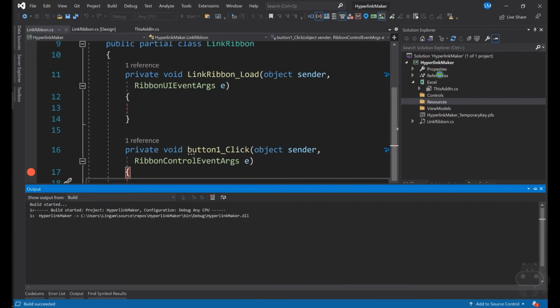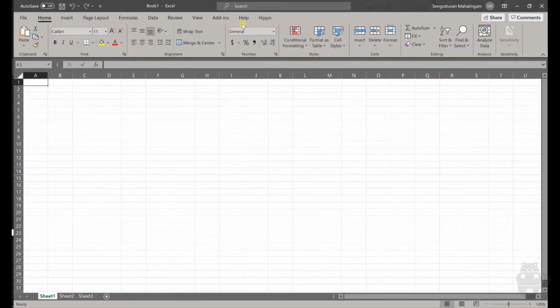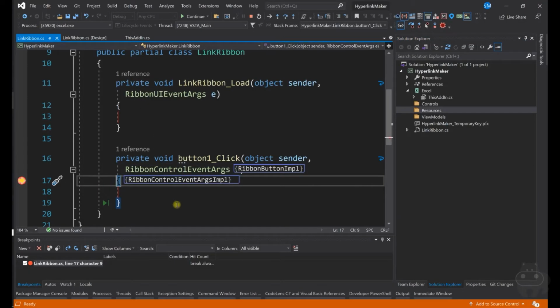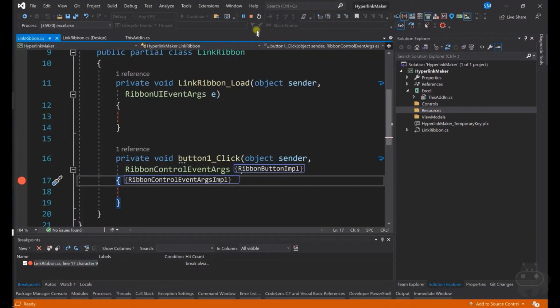Okay, now I'm going to start the hyperlink maker, the debugging. Whenever we set up a project, it is always a good idea before even putting major code changes, just to do a debugger, so that you see whether the add-in that you created has come up or not. So now the hippo, which is basically the tab that we created, comes up, and then the create link, whatever we created, the button also comes up. When you click this, you are able to reach here. So it's always a good practice when you are working with Excel add-ins, and not only Excel add-ins, anything, that when you have made the base setup, just test whether the skeleton is working or not. So that's fine, we have it here. So this is the first setup stage.